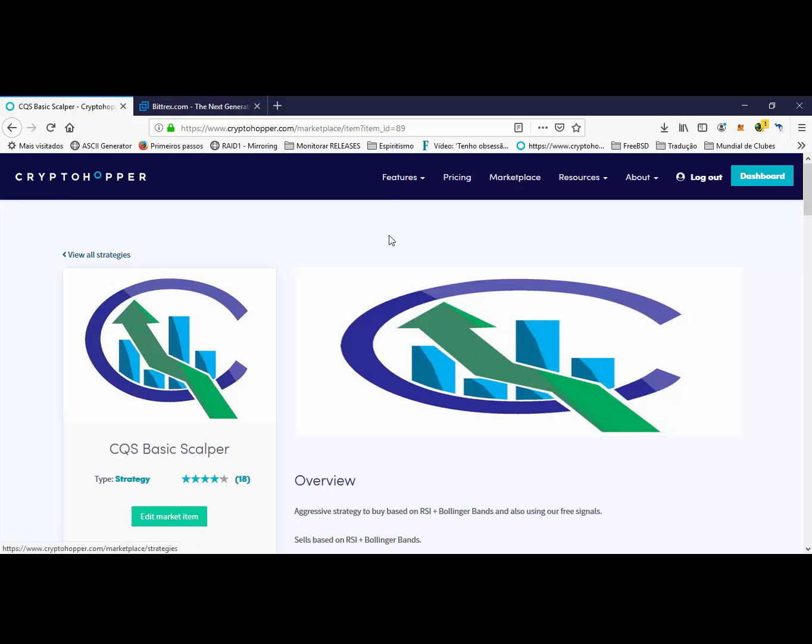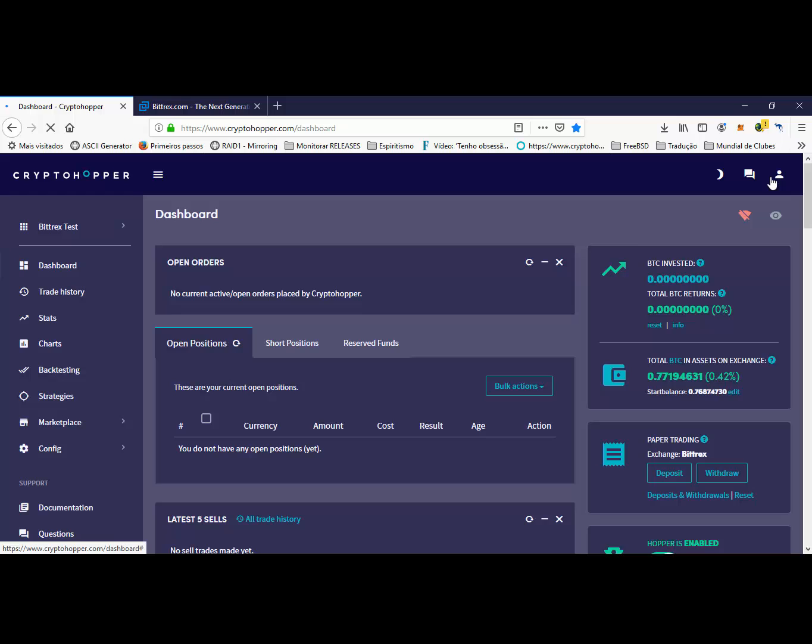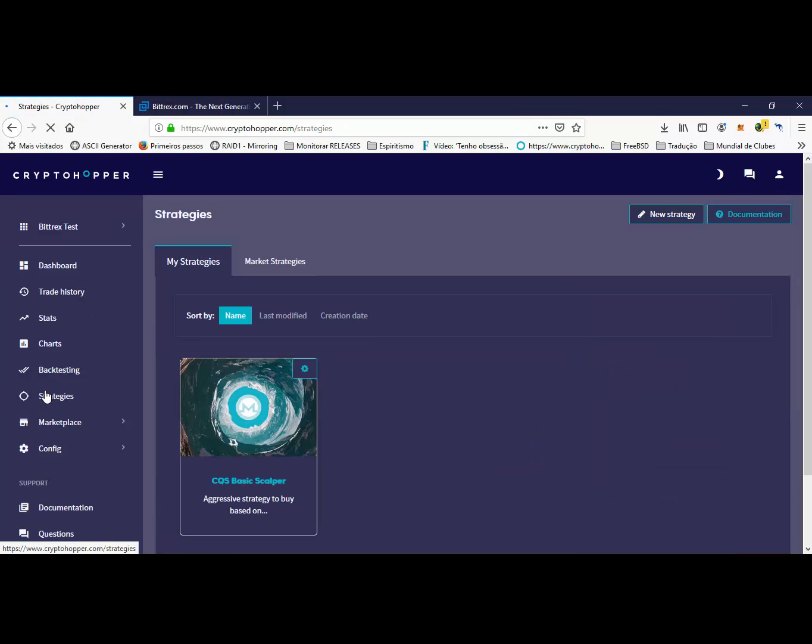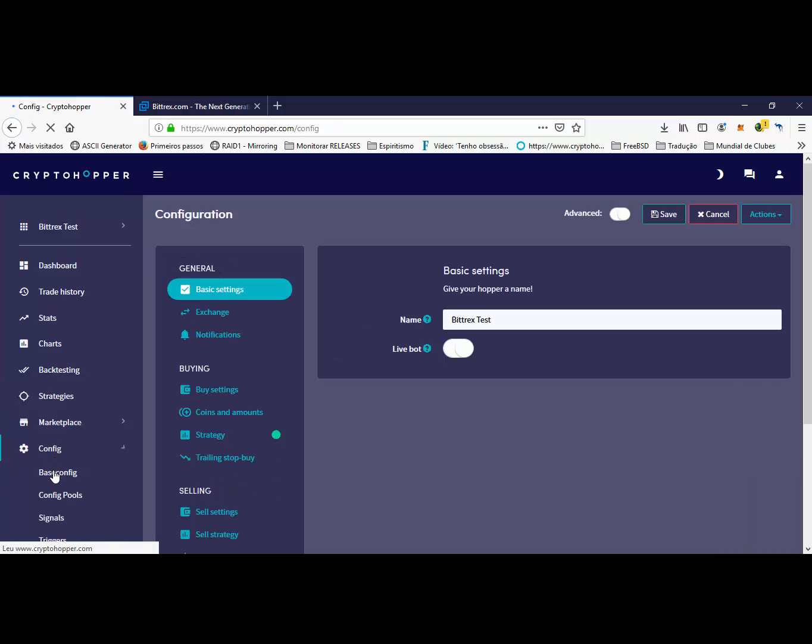After downloading, the strategy will appear in your strategies menu here, right? The same way it appears for me, except that I can edit the strategy. And also you can select the strategy in your configuration, which is more important,